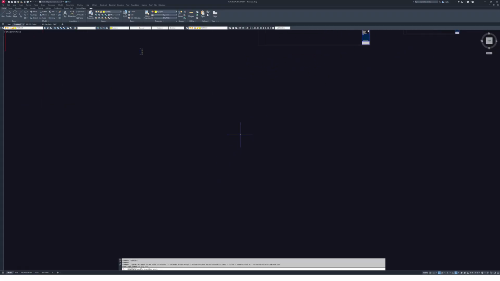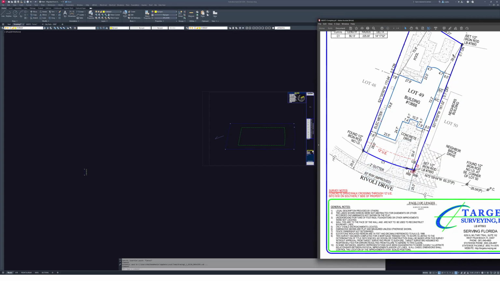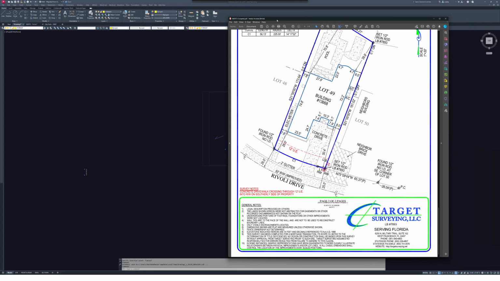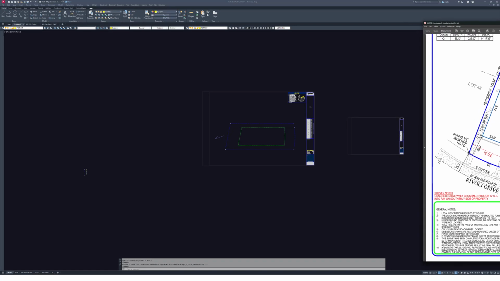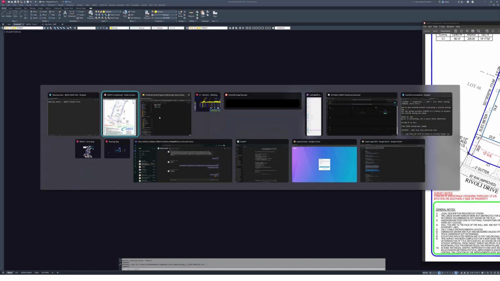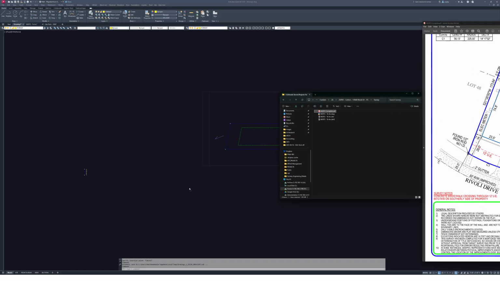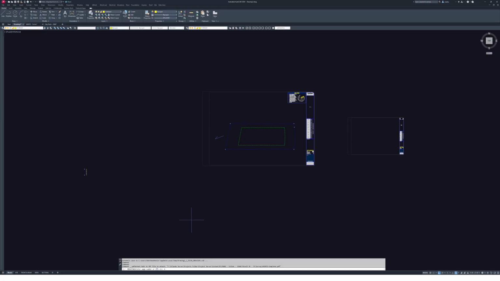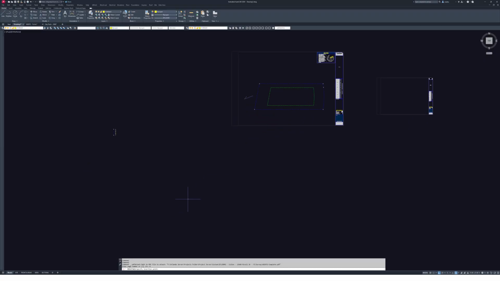I'm going to hit right click for page 1. Actually, I don't want page 1. What page do I want? This is page 4. So that's important. I'm going to again drop it in here, and I'm going to type in 4, enter, because that's the page I want. And then I'm just going to put it